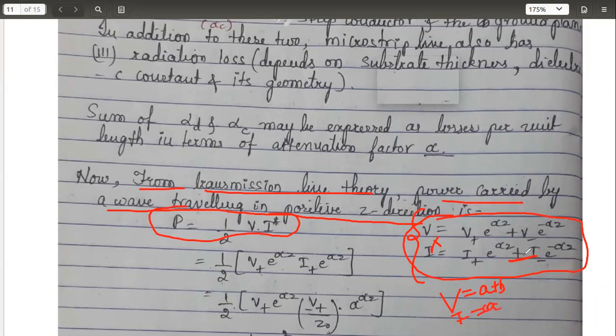Actual I has plus, but if you take I star, you'll get minus. So if you multiply these two brackets, you come across four terms: a into a, a into b, a into b, and b square. So a square, you know this formula, a plus b into a minus b, four terms you will get. Out of these four terms, as I'm mentioning here, the traveling is only in the positive z direction, so three terms will get cancelled.